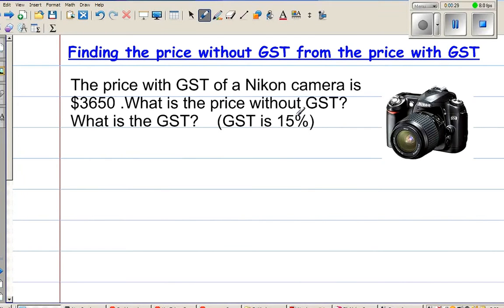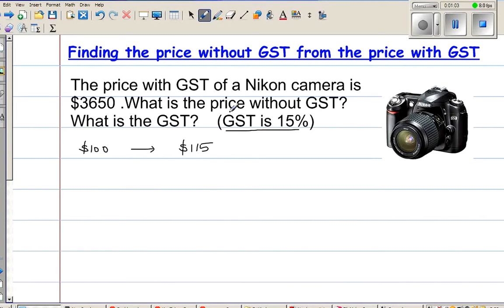And after that you want to find what is the GST. Okay, and here the rate of GST is 15%. So 15% means if you are selling something for say $100, you have to have the sticker on that product for $115. That means for every $100 that you want to get from the buyer, you have to charge $115, and